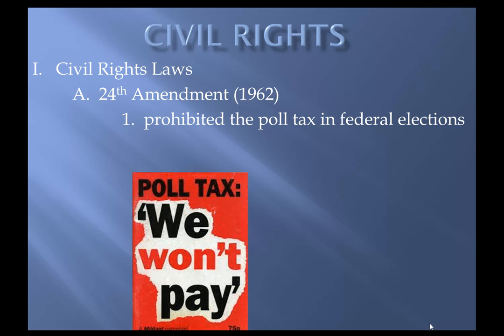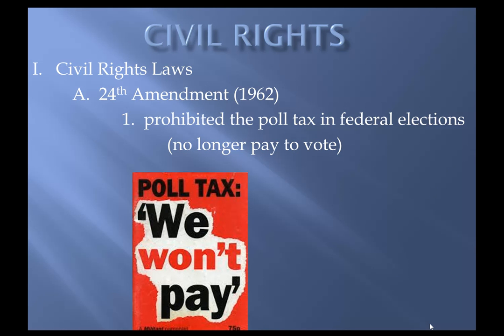So this amendment prohibits the poll tax. That's one of the methods that was being used. And if you remember from when we studied Reconstruction, you remember what the poll tax is? That's right, you had to pay to vote. So they're saying you no longer have to do that. And this is really going to help poor people be able to participate in elections, right? Because they're the ones who can't pay to vote. That includes poor white people, but it is primarily going to benefit poor African Americans who have been prevented from